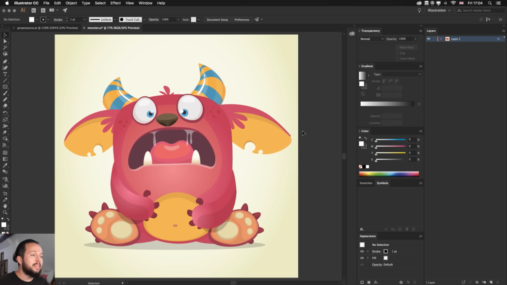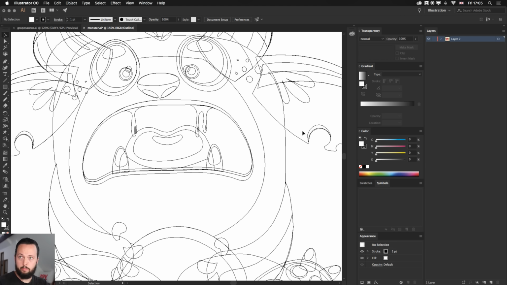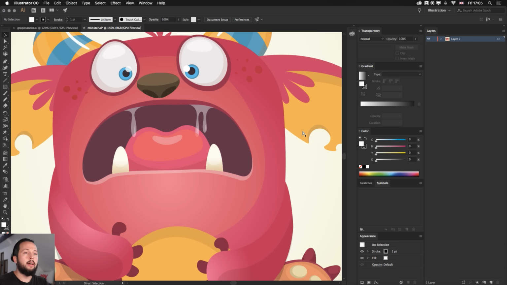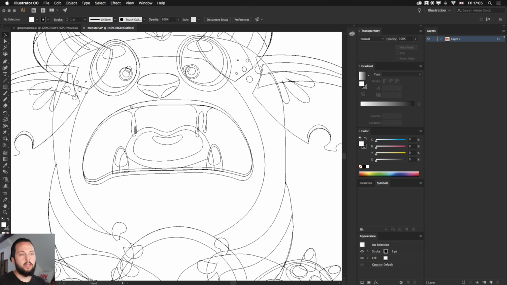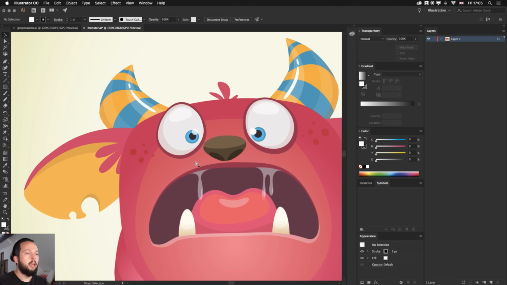But yeah, so we can see the vector outlines being created to produce this artwork. Whenever you are in Illustrator, all you have to do is simply press Command Y or Control Y. With that, you can switch to outline mode, and in outline mode, you can very quickly see how many objects were used to produce an artwork. So that's what we can see here as well.